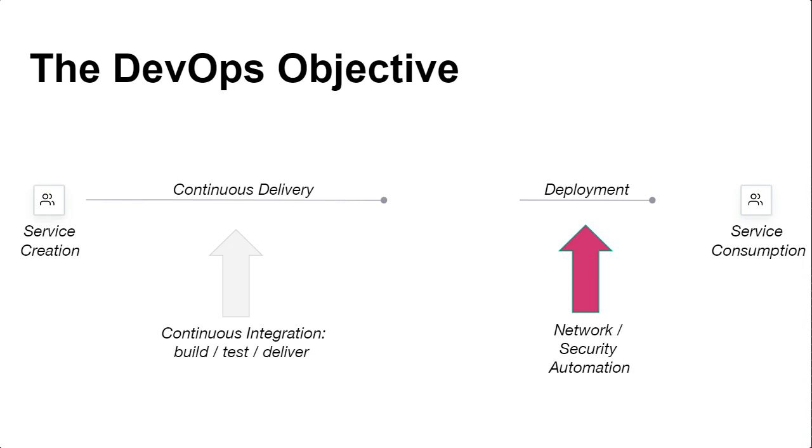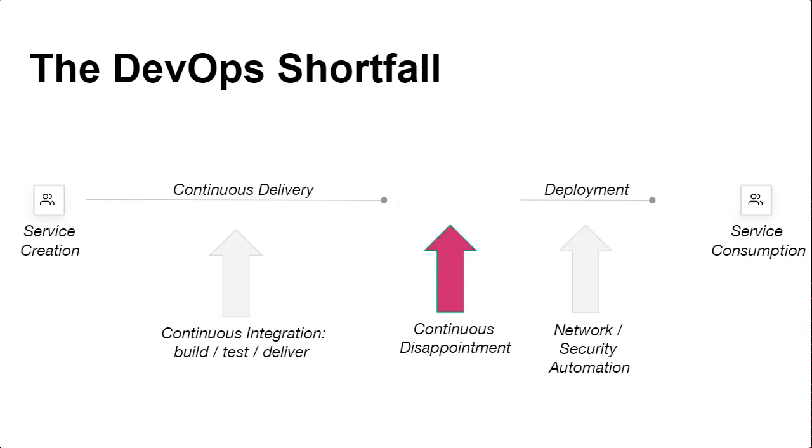I could still break stuff and cause an outage. I could put the wrong IP address in and put some development service on the internet by accident. We sped things up, but sped things up for people. And as one of my favorite Elon Musk quotes goes, the moment you put people in the production lane, everything slows down to people's speed. So this was fantastic. I don't want to be negative about the huge evolutions of automation that's gone on within network and security, but there's still this gap. We really just kicked the continuous disappointment can slightly down the road.